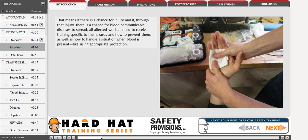That means if there is a chance for injury, and if, through that injury, there is a chance for blood communicable diseases to spread, all affected workers need to receive training specific to the hazards and how to prevent them, as well as how to handle a situation when blood is present, like using appropriate